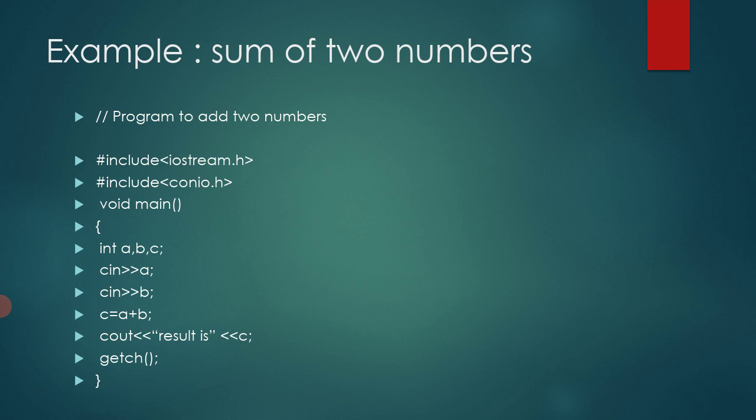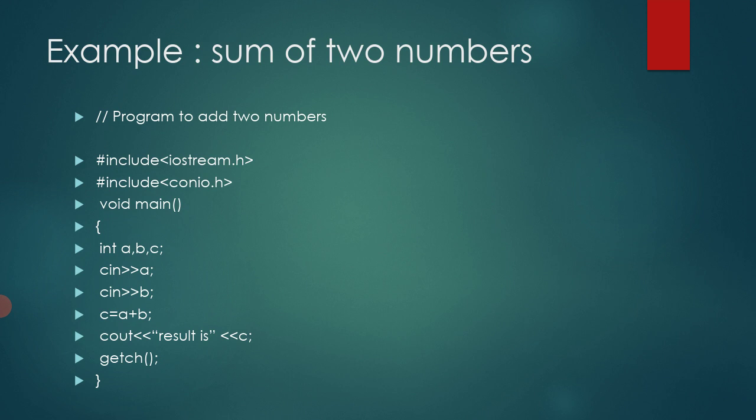And if you remember the declaration rule, whenever we have to declare a variable, we also have to write the data type of the variable. The data type tells the compiler what type of inputs we want to enter and what type of output we want. So let's suppose we want to deal with whole numbers, integer numbers, so I have declared the variable as the integer data type, int a, b, c. So it means we will get the values of a, b, c in integer form.